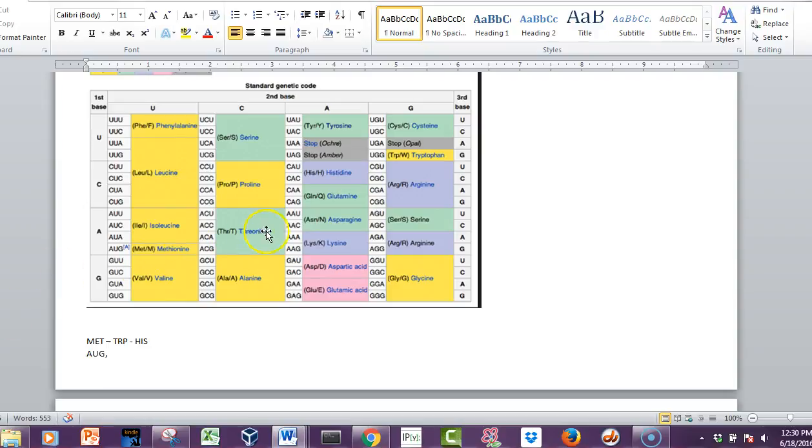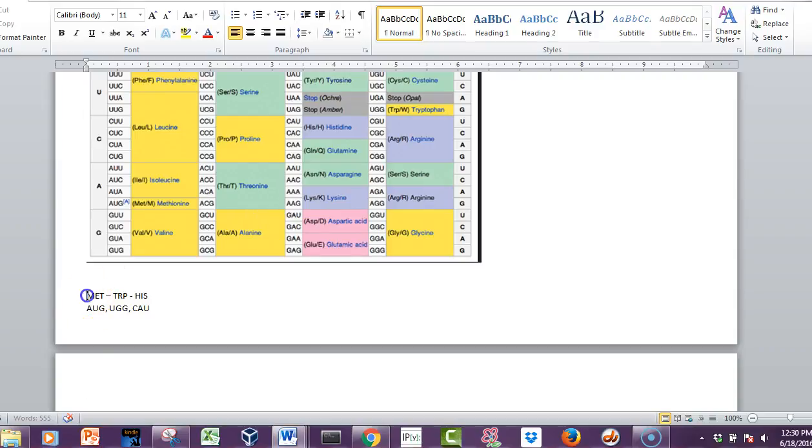TRP, it turns out, if we look on here and you look for tryptophan, where is it? It's usually over here. Okay, here it is. There's only one possible codon for that. It is UGG. Alright, then HIS. Histidine, is there only one for histidine? Oh, so this is the easy one. So histidine, there's only one. Nope, there's two. So there's CAU and CAC. So there's CAU, so that's one possibility. And then the other possibility is AUG, UGG, CAC. So there's two possible sequences that could code for that little thing.